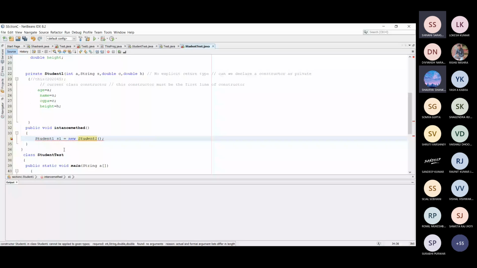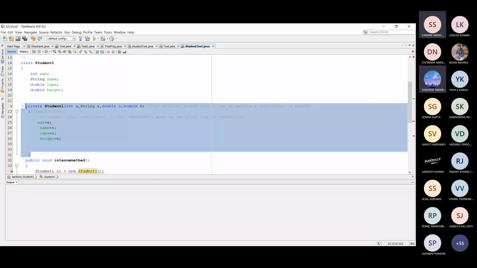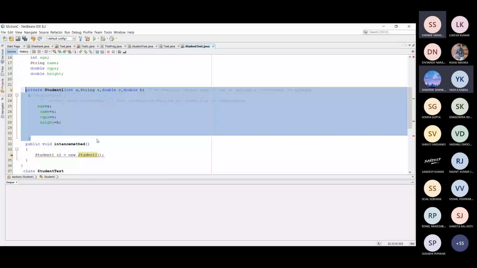The problem is that when I call the default constructor, actually there is no default constructor there, because a parameterized constructor is already there. If any constructor is provided by the programmer, you cannot call the default constructor like this, because the default constructor is only provided when there is no constructor at all. कोई कंस्ट्रक्टर अगर यहाँ पर पहले से प्रोग्रामर डिक्लेयर करके रखा है तो आप नो पैरामीटर मींस डिफॉल्ट कंस्ट्रक्टर नहीं क्रिएट कर सकते हो.